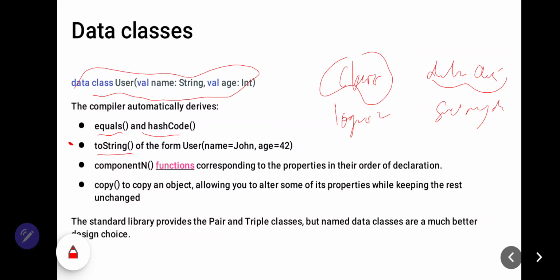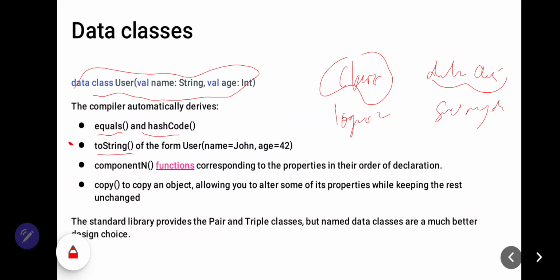But what does the data keyword change? With the use of only a single keyword, a class can get all the features presented on the slide.